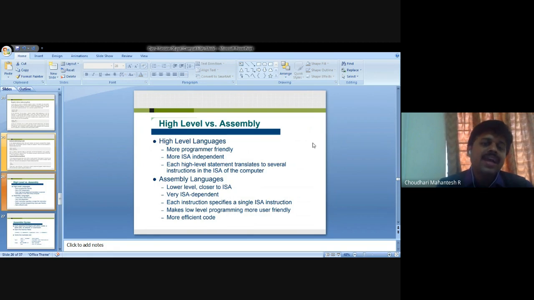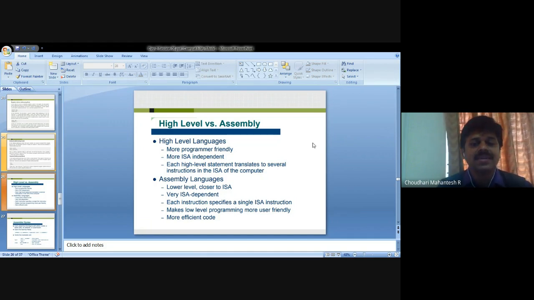So high level and assembly level, if we consider it. As we know, high-level languages are more programmer friendly and more independent of the instruction set architecture, the ISA.